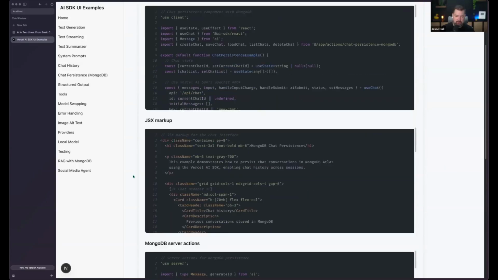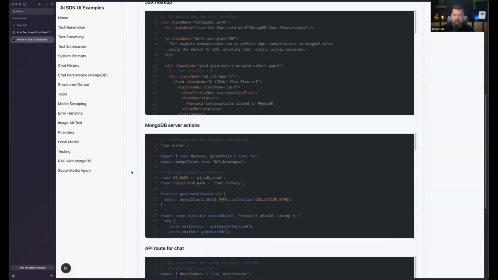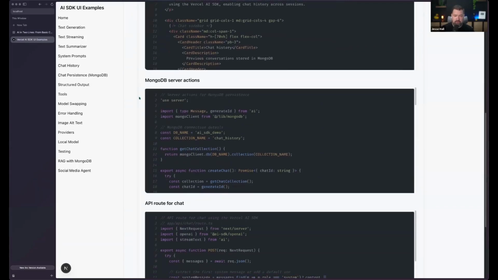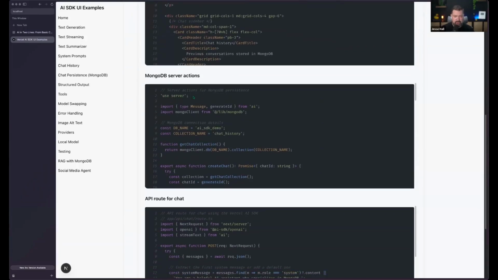So a lot of this is being handled on the front end, but it's actually being executed, so we can go past the JS markup, nothing much there, it's actually being executed here in the server actions. So server actions, again, in Next.js, they're pretty cool. They run strictly on the server side, so you don't have to worry about any secrets getting leaked or anything like that.